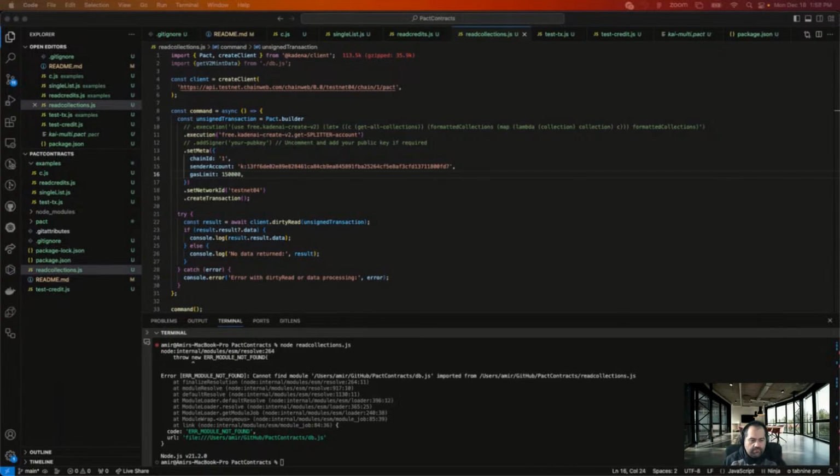Interesting. Why chain one testnet? Why would that work?